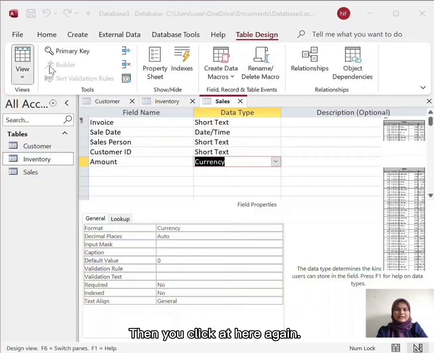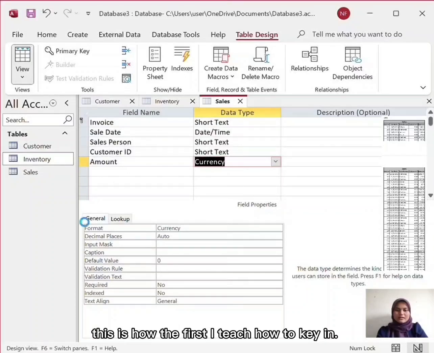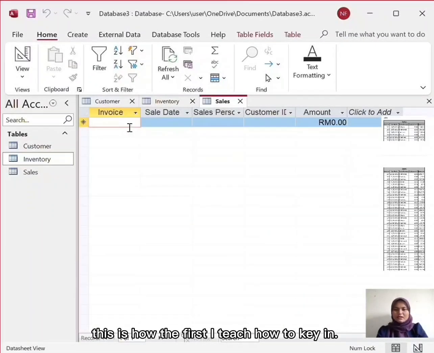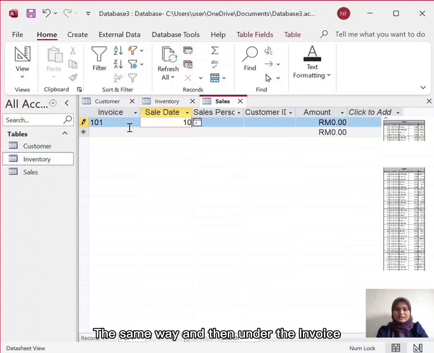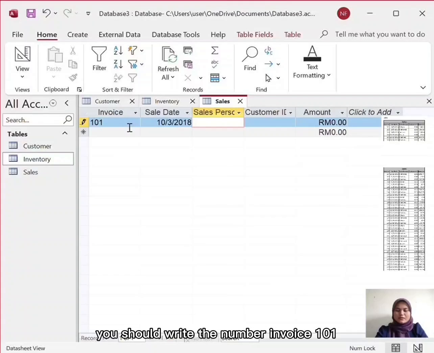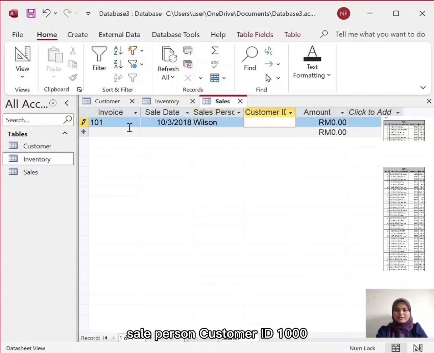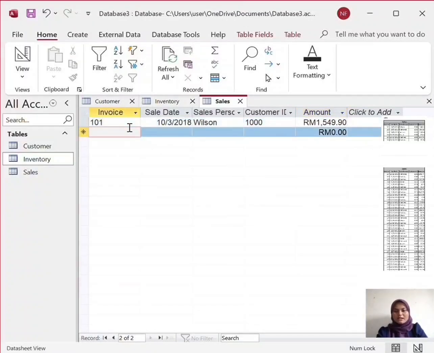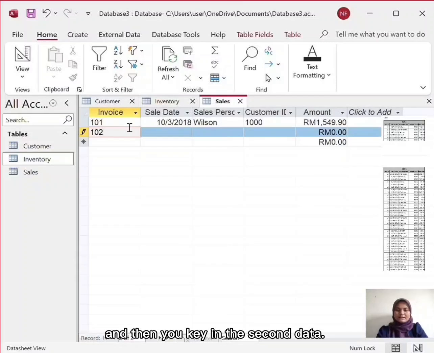Okay, then you click here again. You just do this the same way as I first taught how to key in. Under the invoice you should write the invoice number 101, and then the sale date, salesperson Wilson, customer ID 1000, and then the M1, and then you key in the second data.